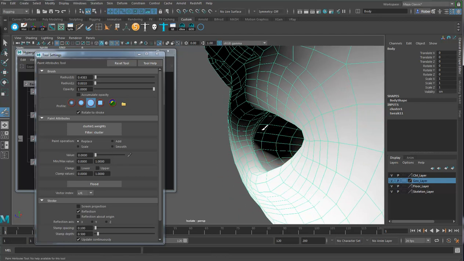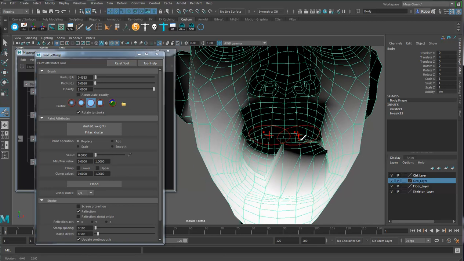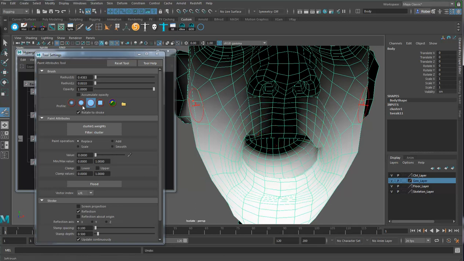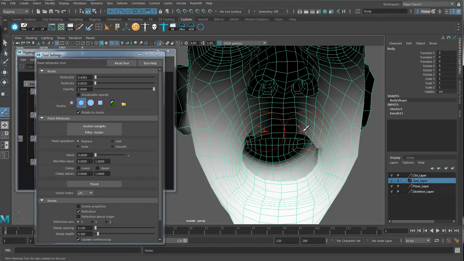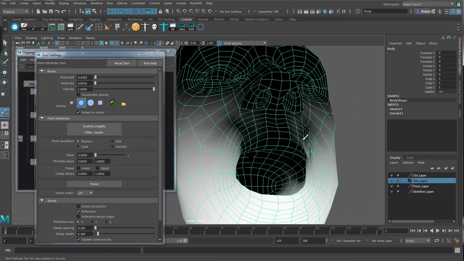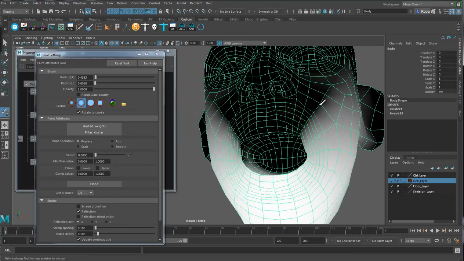Let's try it again. Why is it doing that? Okay, maybe I'll do the soft edge on this one. Still picking that up. I don't know why it's picking that up. My angle wasn't, and then suddenly it just freaks out right here. And I don't have it smoothed or anything like that, so